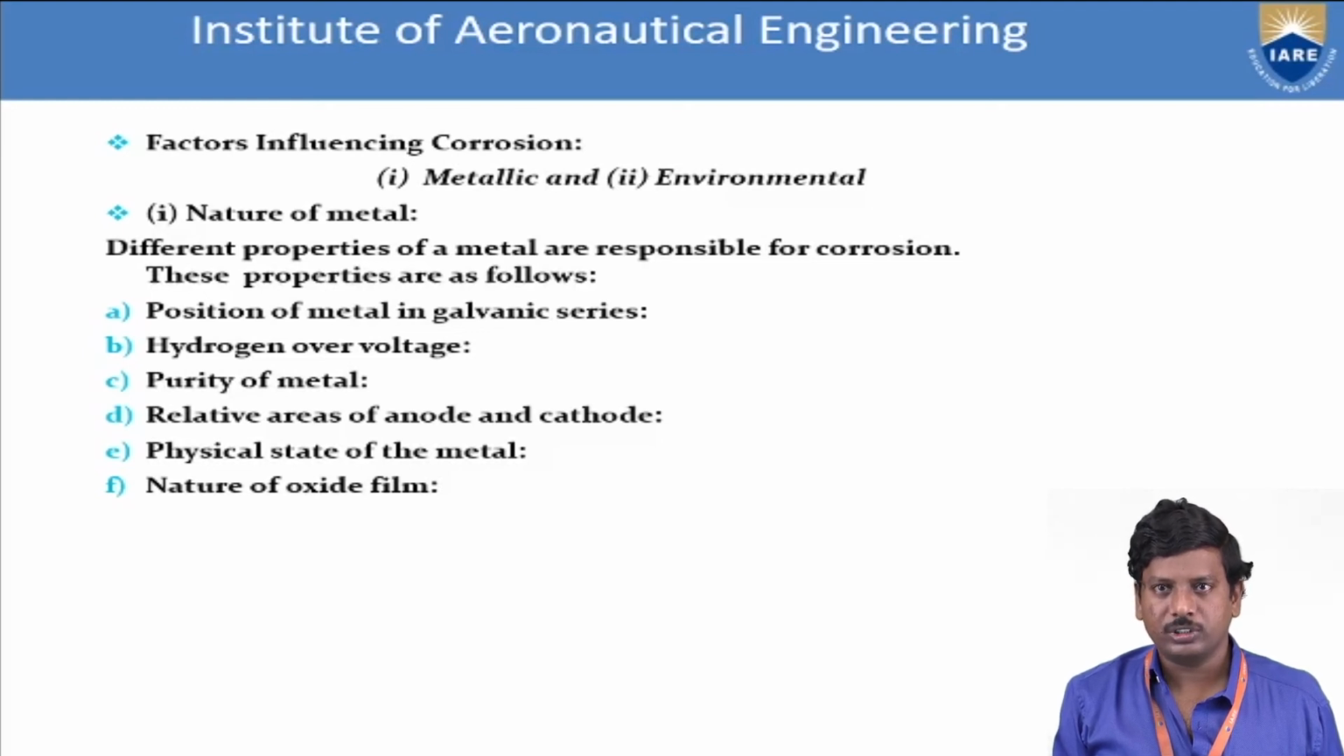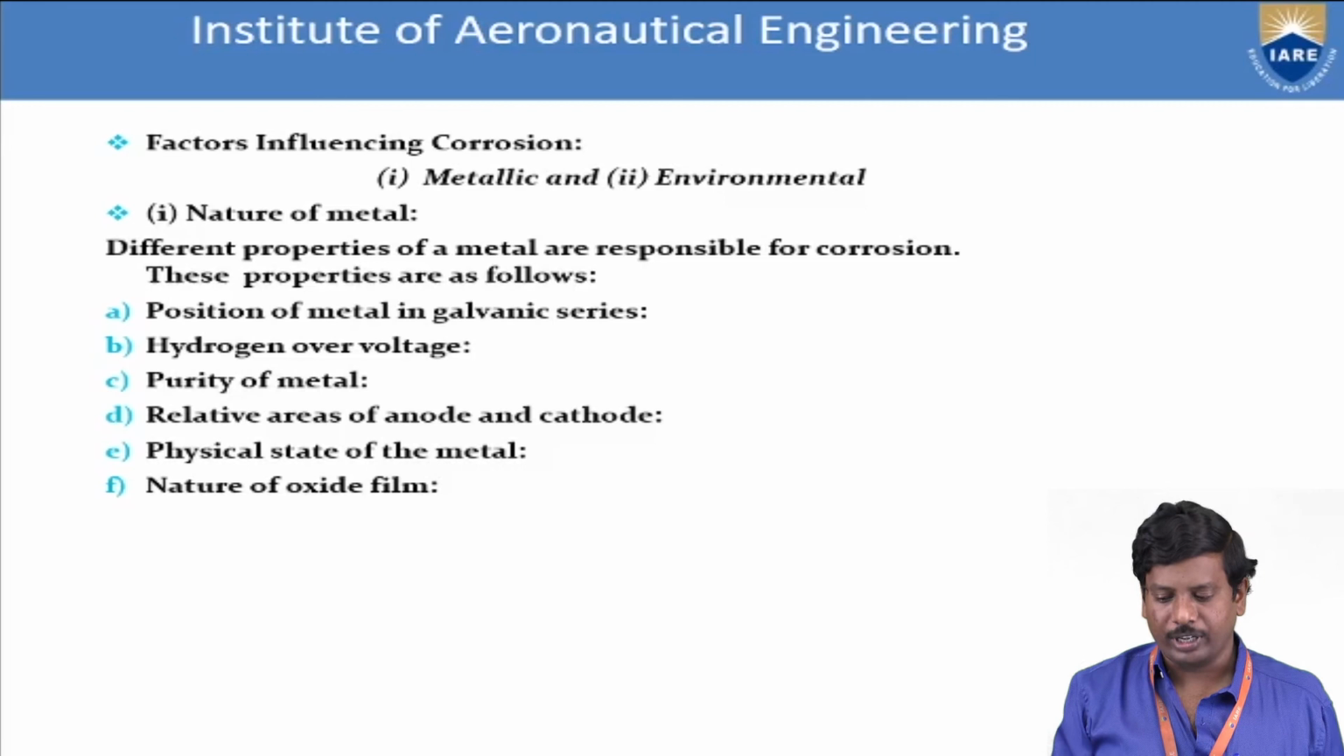First is the position of the metal in the galvanic series, then hydrogen overvoltage, purity of the metal, relative areas of the anode and cathode, physical state of the metal, and the final one is the nature of the oxide film. The first one we can explain is the position of the metal in the galvanic series, by taking two couples. The first couple is zinc and iron, and the second couple is